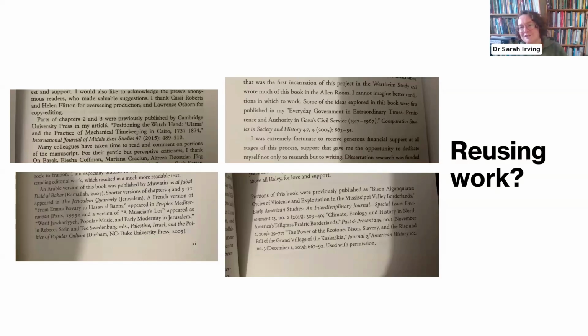Now, obviously, it's not going to be identical. You're going to need to change some aspects of it, because what goes into a journal article is different from what goes into a book chapter. But the point is that it's not one or the other. It is entirely legitimate and possible to use sections of your thesis as the basis for journal articles to start off with, and to then revise them during the process of turning the rest of the thesis into a book.